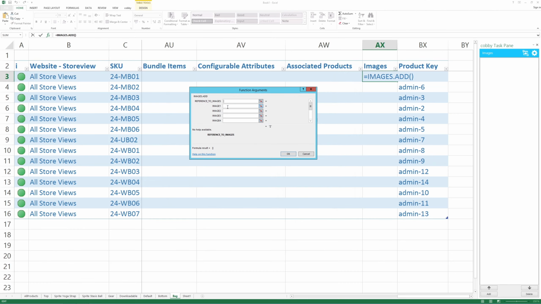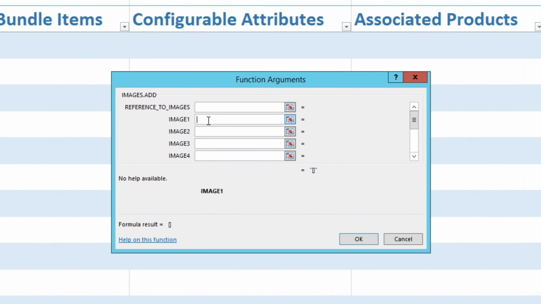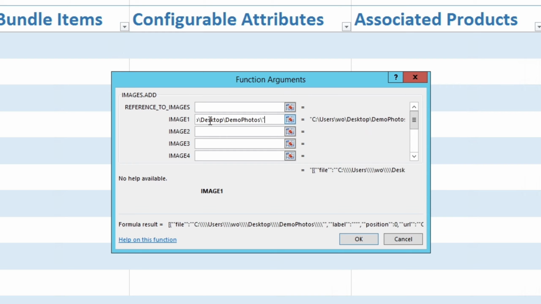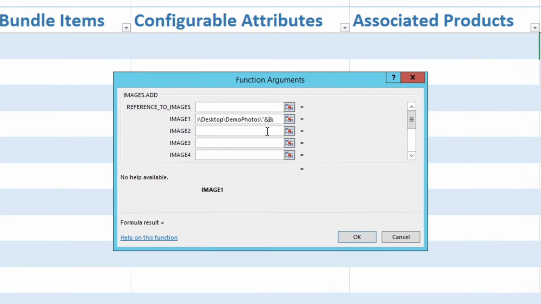A new field opens up and you want to click into the second text box and type in a quotation mark. Now paste in the path to your folder and type in the backslash, another quotation mark, 2 ampersand, and you want to click right between them.